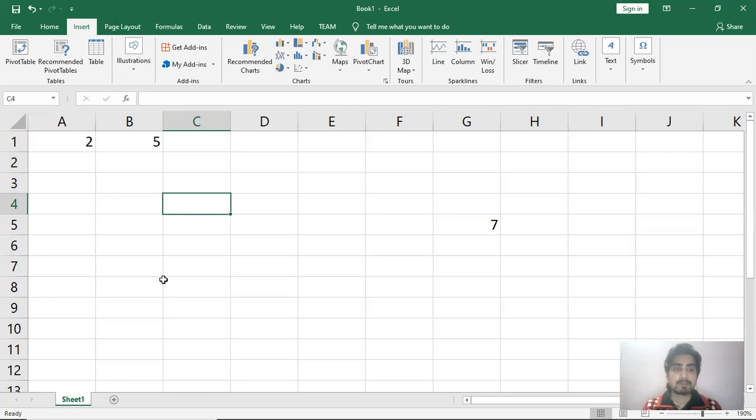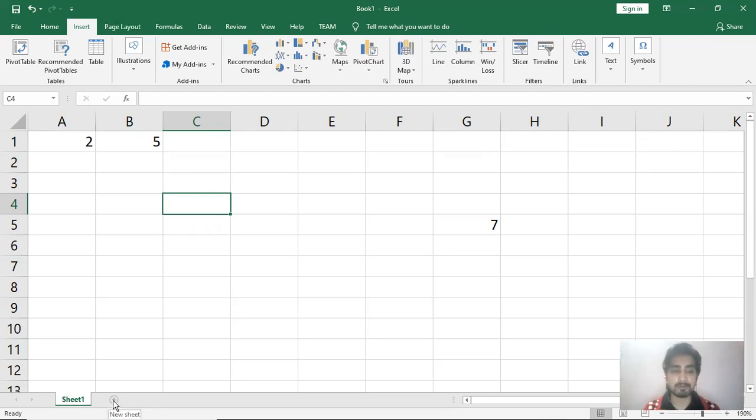Now just below your worksheet, downside here, you can see Sheet 1 written. This is a sheet tab. In one workbook of Excel there can be multiple sheets. You can use as many worksheets as you want, or in general you can say that a workbook is a collection of worksheets. You can add as many worksheets to your workbook as you want by clicking on this plus sign provided just on the right side of the sheet tab. So this Sheet 1 is known as a sheet tab. By this you can switch to different tabs or different sheets in your workbook.